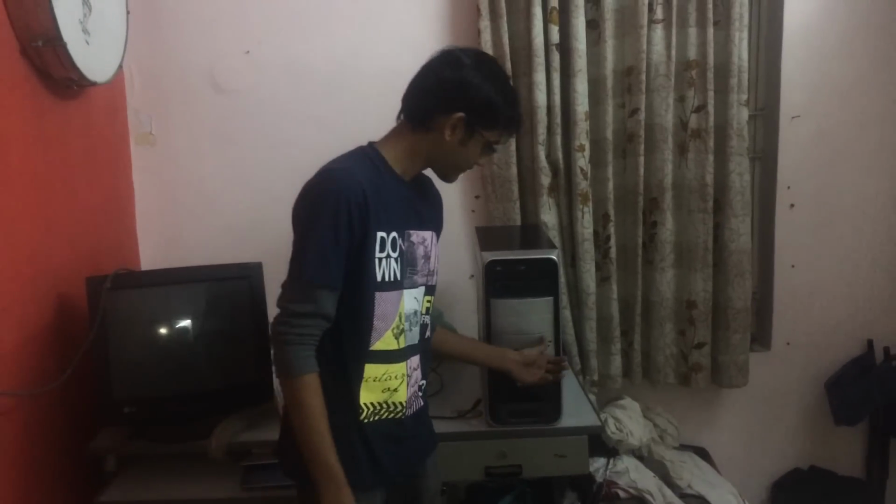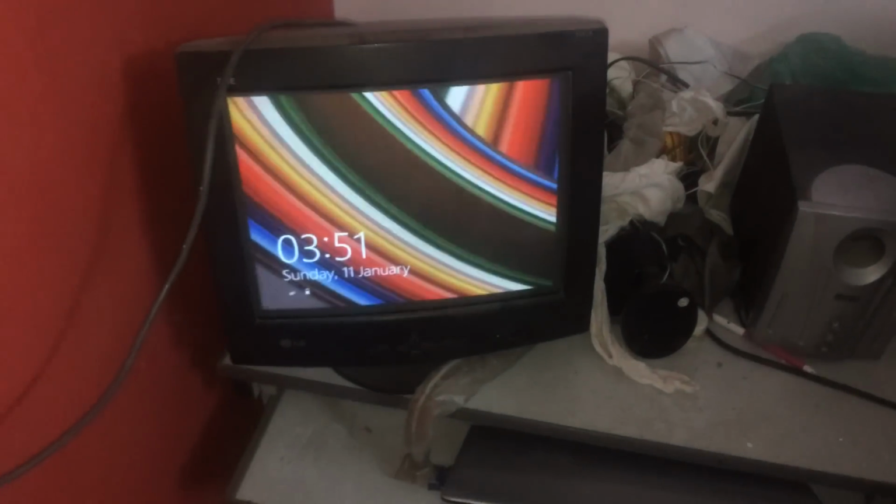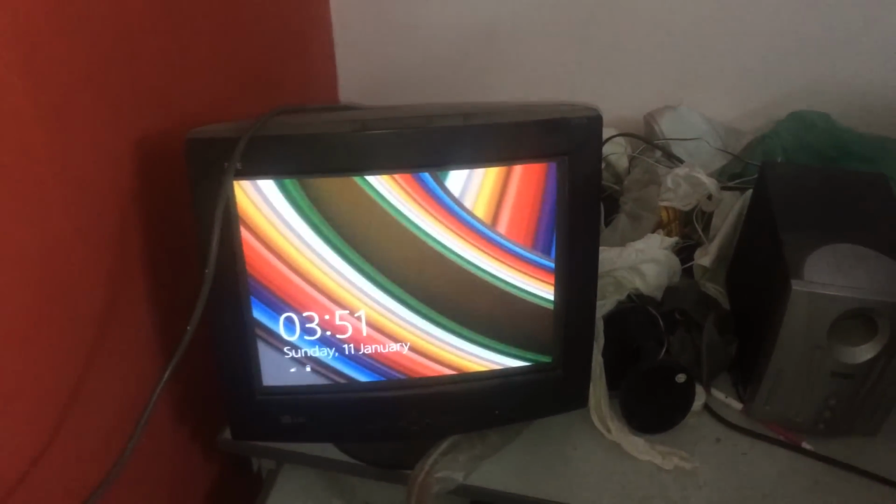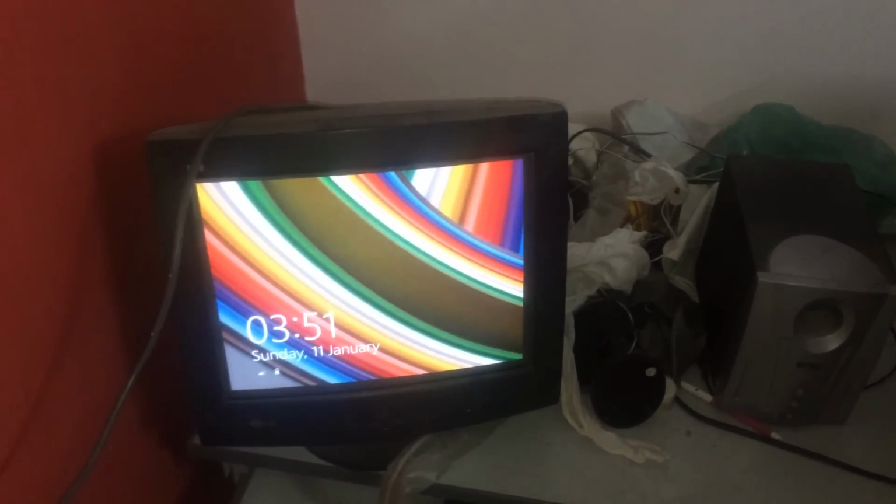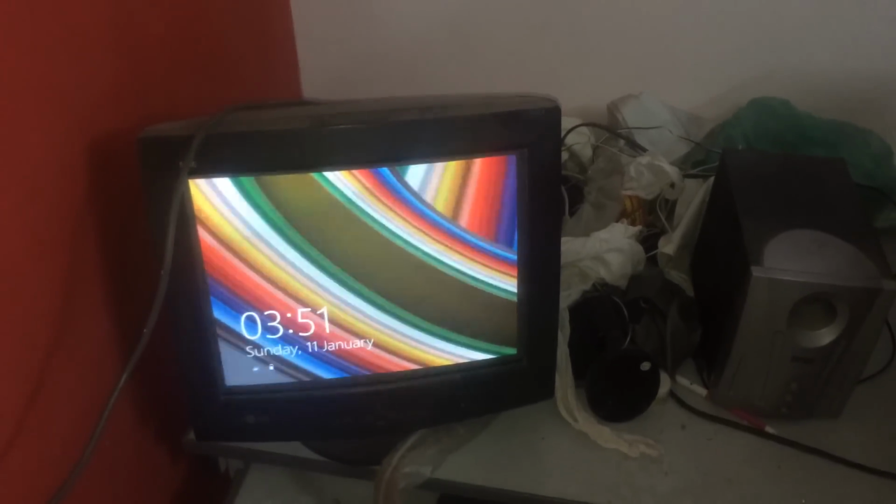We have seen in the video that we have assembled the CPU and now we'll try to start it so that we can verify whether it works or not. As we can see, our assembly works and it's working totally fine on Windows 8. But we are still left to attach the mouse and keyboard. So I think it works fine.